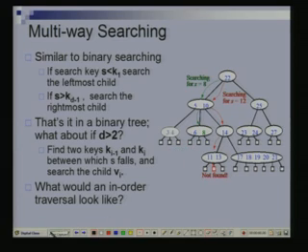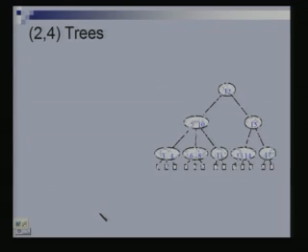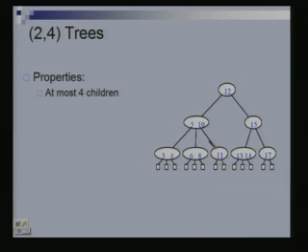Okay, great. So now let us understand what 2-4 trees are. A 2-4 tree is something like this. What are the properties? Each node has at most 4 children. First, it is a multi-way search tree, which means every node has at least 2 children. So, now we are saying each node has either 2, 3 or 4 children only. That is why it is called a 2-4 tree or a 2-3-4 tree.